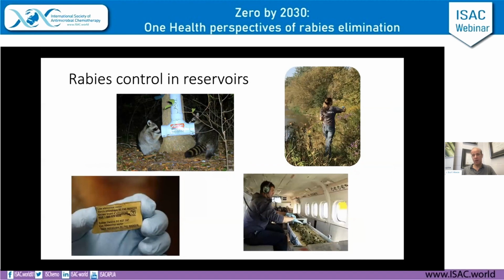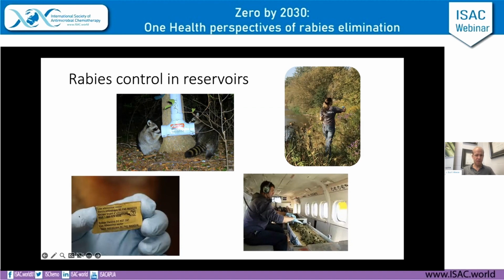So if we look in my area, so I'm in Canada, we don't have canine rabies. We have skunk rabies, we have fox rabies, and we had an incursion of raccoon rabies that we had eliminated. And it came in from the US, from a raccoon that probably hitched a ride on a truck, and established a resurgence of this strain in the country that is currently being eradicated and should be eradicated, but it's a 5 to 10 year process. And one of the key components of this is oral rabies vaccines.